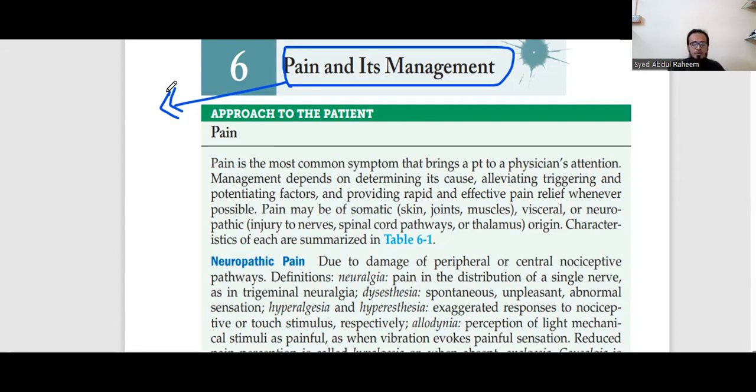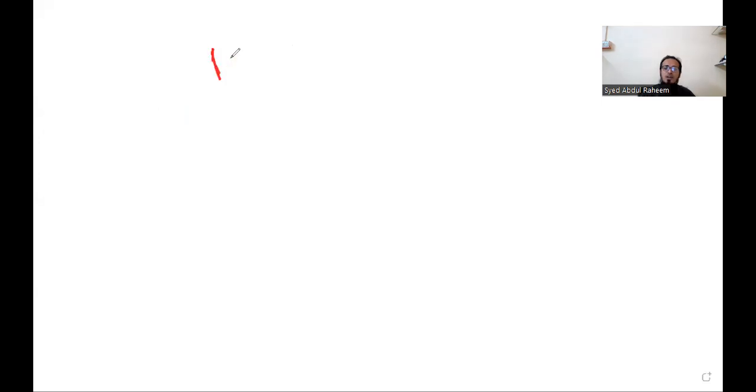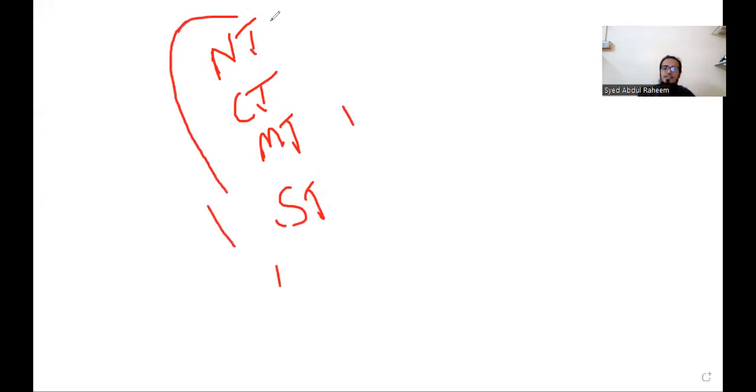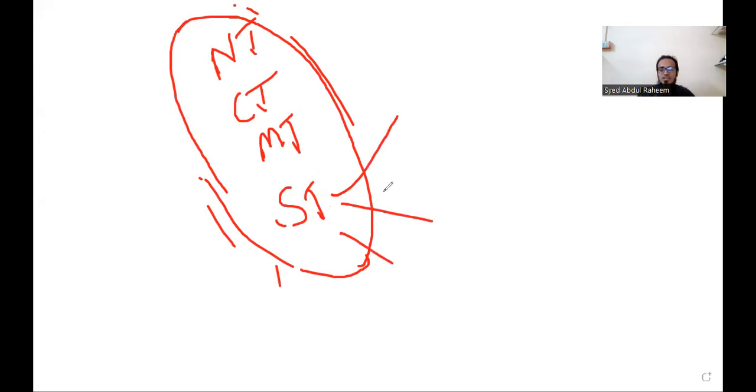So here also, if you observe, our cells, any type of cells, combine into tissues. We have nervous tissue, cardiac tissue, muscular tissue, and smooth tissue. These four tissues are connected with nerves and blood vessels. Three things are connected to each tissue. So whether it is smooth muscle tissue, cardiac tissue, skeletal muscle tissue, or nervous tissue,